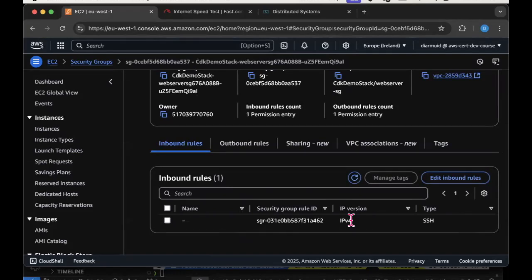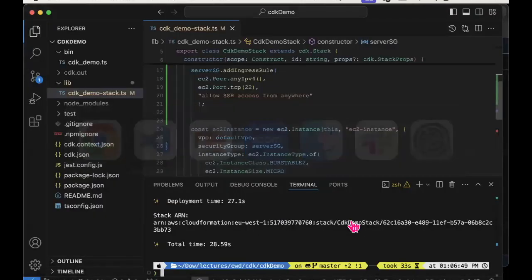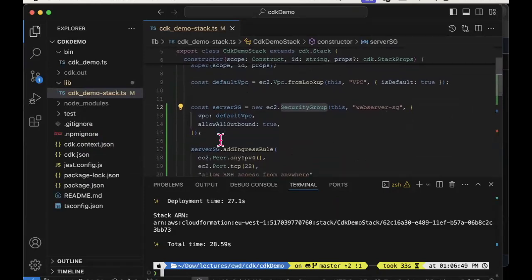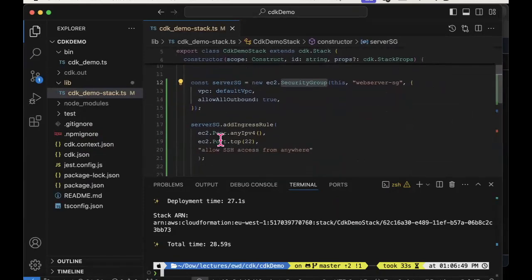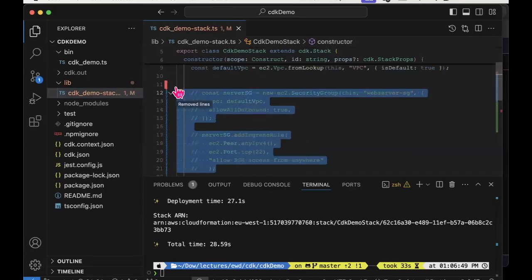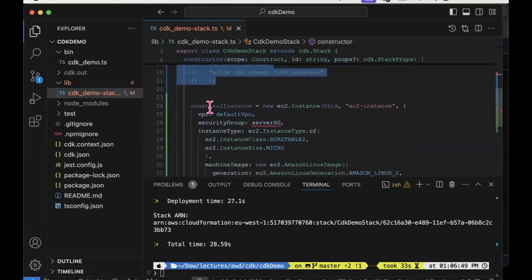And if I wanted to remove that, I could go back to my code again. Now decided I want to close off port 22, for example. So I will just remove this code again and disassociate that security group.